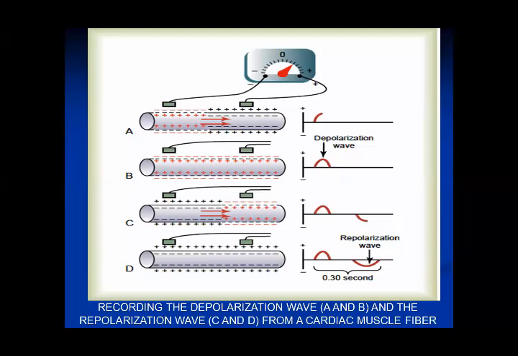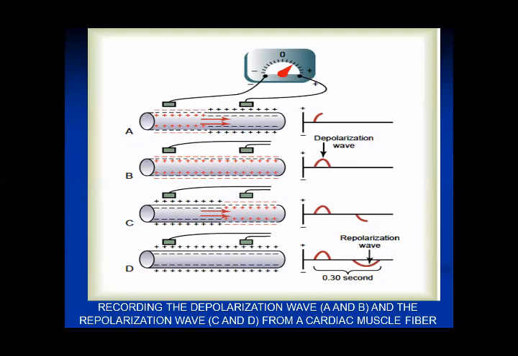Coming to the D diagram, the fourth one, again, the whole outside of the muscle membrane is positive. So there is again no difference in polarity. So when there is no difference in polarity, there would be no flow of current, as both the electrodes, the negative one and the positive one, are now placed in the positive domain. So there would be no difference in polarity, and the wave would again finish on the isoelectric line, right? So this is the principle.